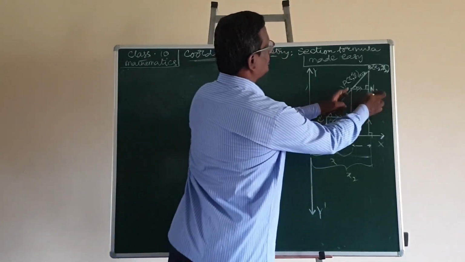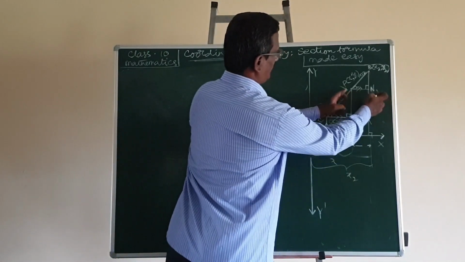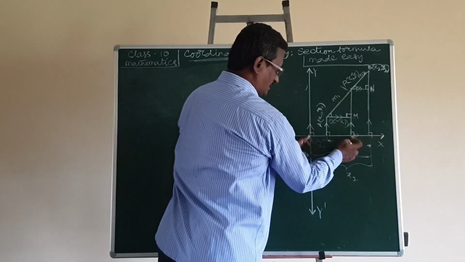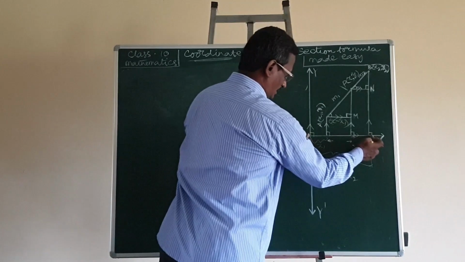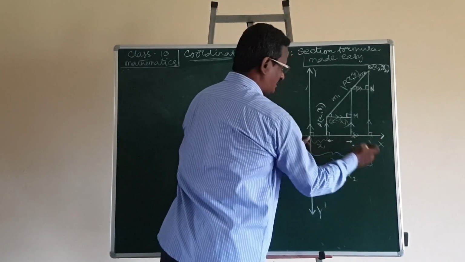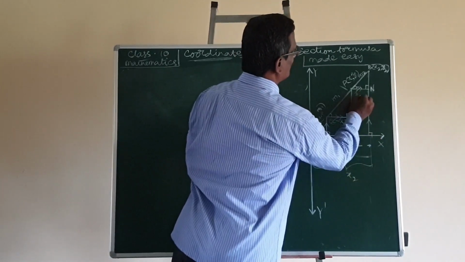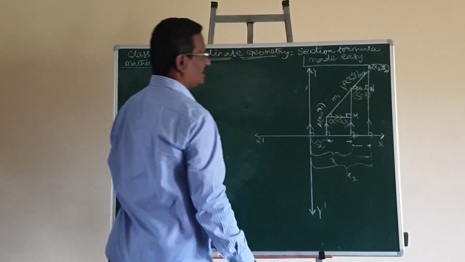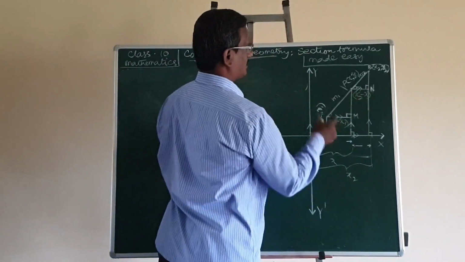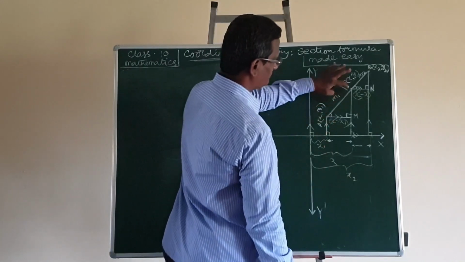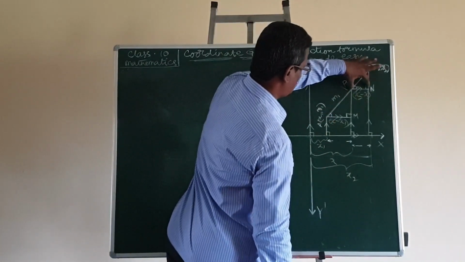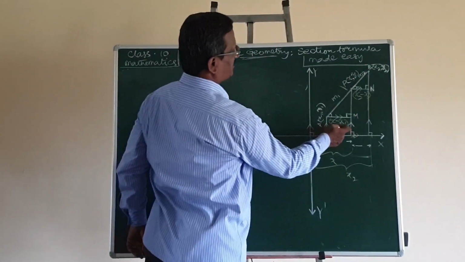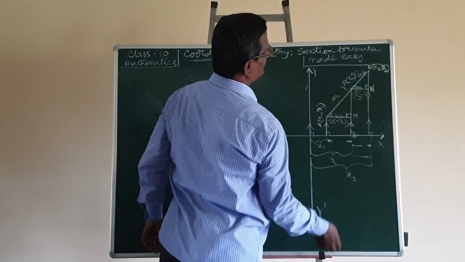Now, similarly, to get this PN, this distance is x2 and this distance is x. x2 minus x gives this distance, x2 minus x. Similarly, for the pair of right angle making sides, the measures we got are x minus x1 and x2 minus x.